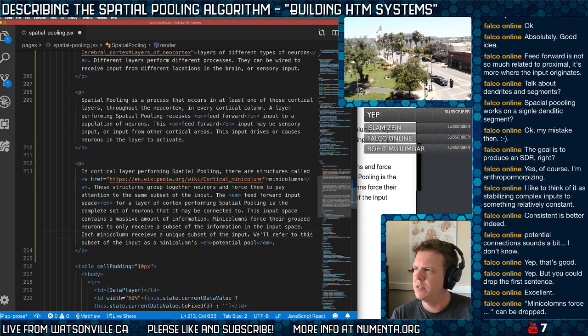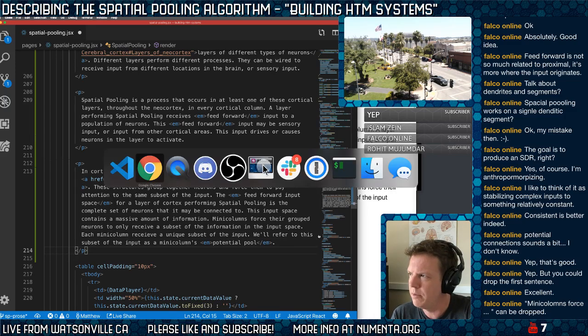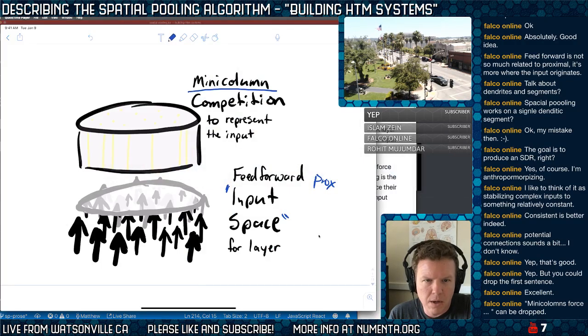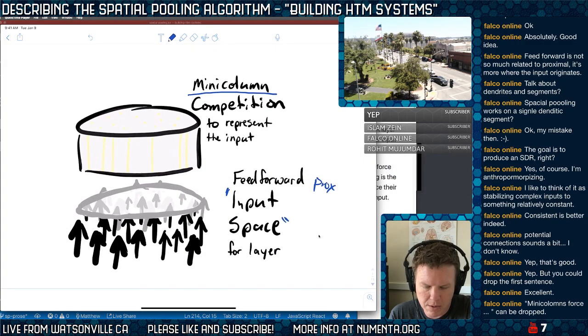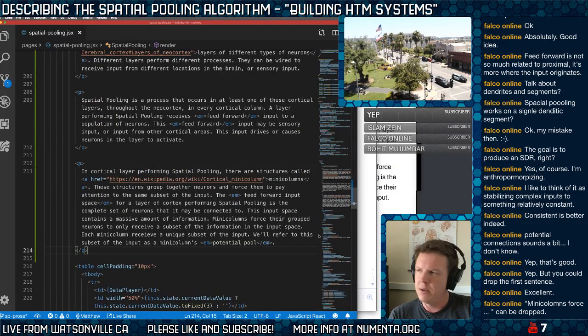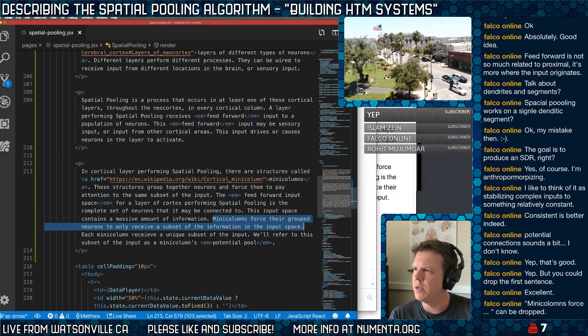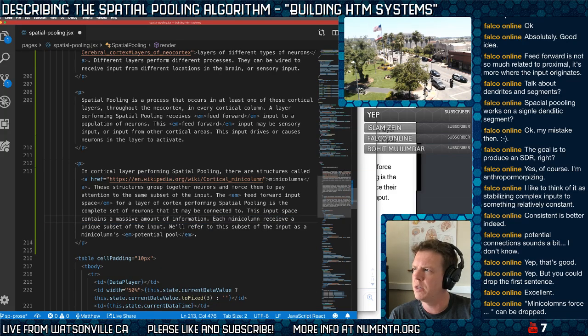Unique subset of the input. We'll refer to this subset of the input as a mini column's potential pool. There may be thousands. Many columns force their group of neurons to only receive a subset of information. Each mini column receives